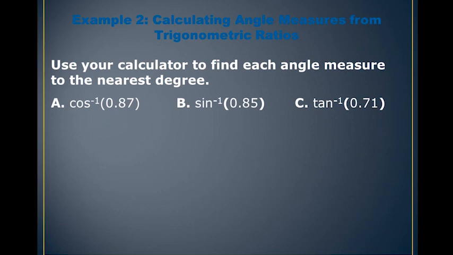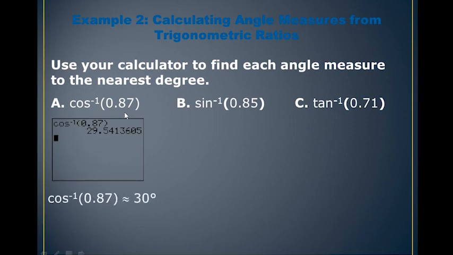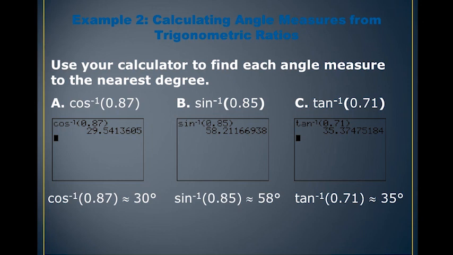Then let's have a bit of practice finding the inverses also. So first of all, we have cos inverse 0.87. So first press the shift button on your calculator, then press the cos button. It will have cos -1 written on it, and then write down 0.87, and you'll be having the final answer, 30 degrees, rounded off. Same goes for sine inverse and tan inverse. So the key here, I want to remind you again, is that you need to press the shift button first, and then the sine, cos, or tangent value to find the final angle answer.